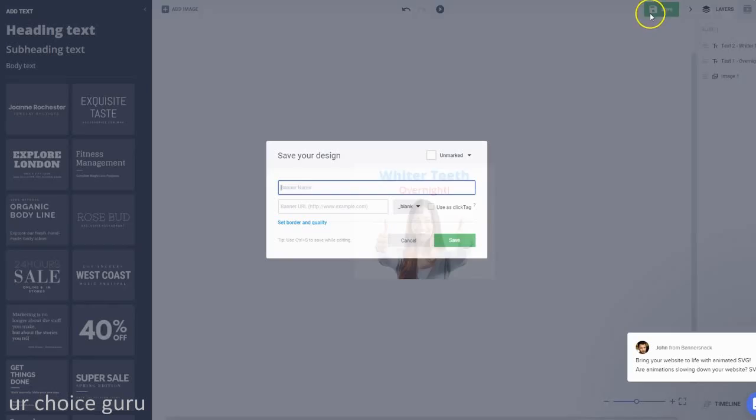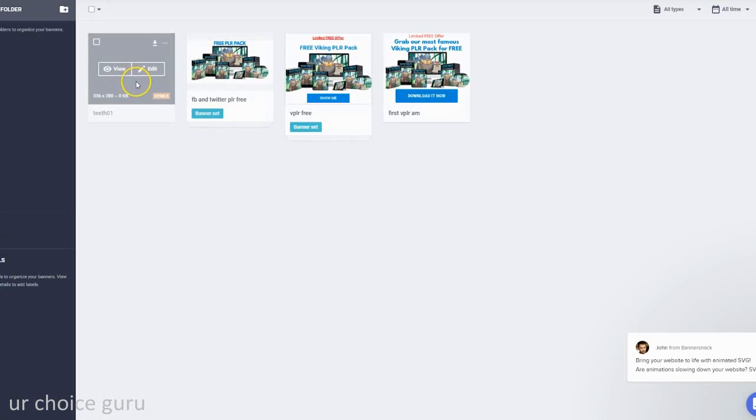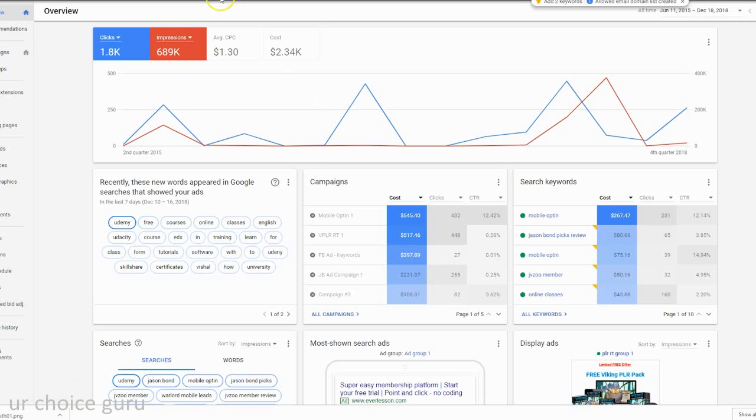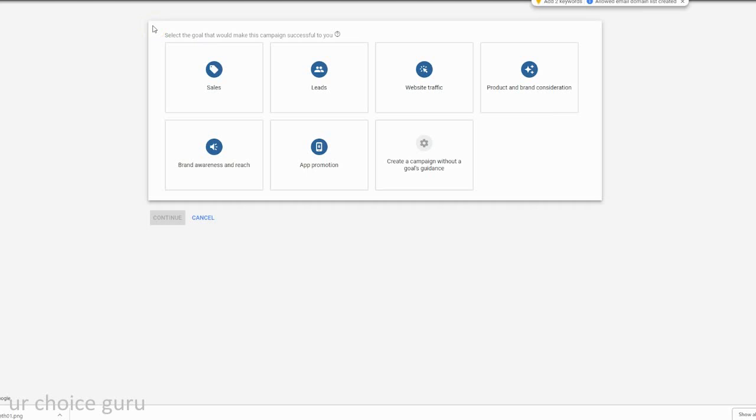So I'm going to go ahead and hit save, and we'll call this Teeth 01, and let's see, let's save again, and this time what we'll do is we'll download the PNG. So now we'll come over here to Google AdWords, and we are going to click on, let's go to campaigns, new campaign, and now we need to pick a goal for this campaign, which is what we'll do in the